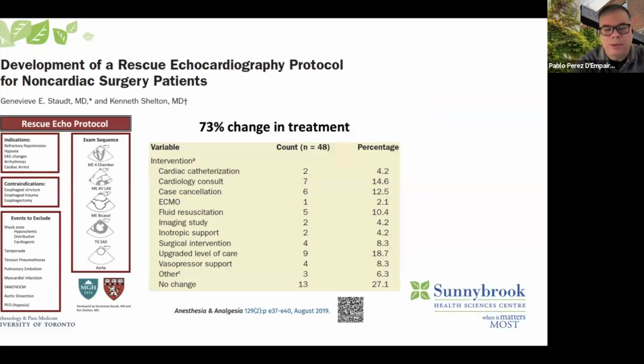This is probably the first one that was published a few years ago, by a group at Mass General Hospital, where they formed this rescue team in the ORs by some of the cardiac anesthesia fellows and the cardiac anesthesia attendings, and they developed this thing for other people to call when they were in a situation of severe shock or severe hypoxemia, and they would go and, using all those simple 5 views, they would try to identify what was going on. And after collecting the data for almost 50 patients, they noticed that there was a change in the treatment of these patients in about 70% of the cases after the information that was obtained from the resuscitative